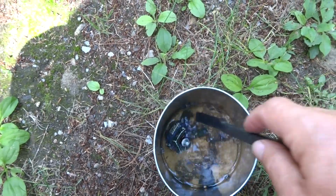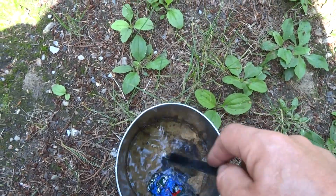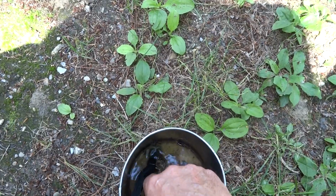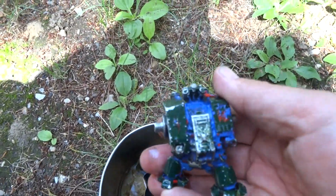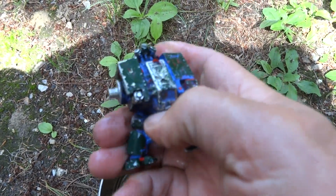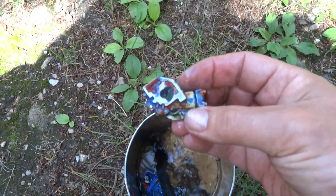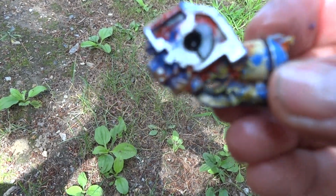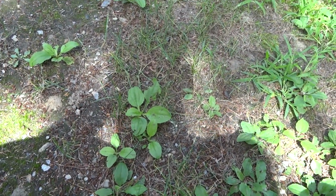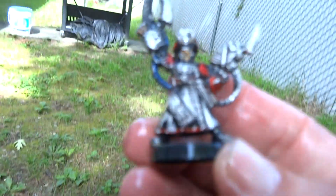So what I'm doing right now is I just do dinner on the stove, but I just cleaned up a little bit, and let me show you what I'm doing here. This is an old Warhammer 40K dreadnought, and I'm stripping it of, look at the many layers of paint. There's blue, there's red, there's green, so I'm stripping that, and I'm also stripping this guy right here, Yarrick,